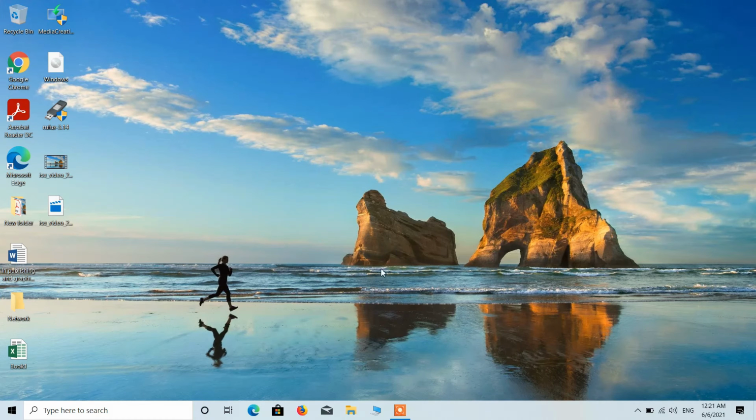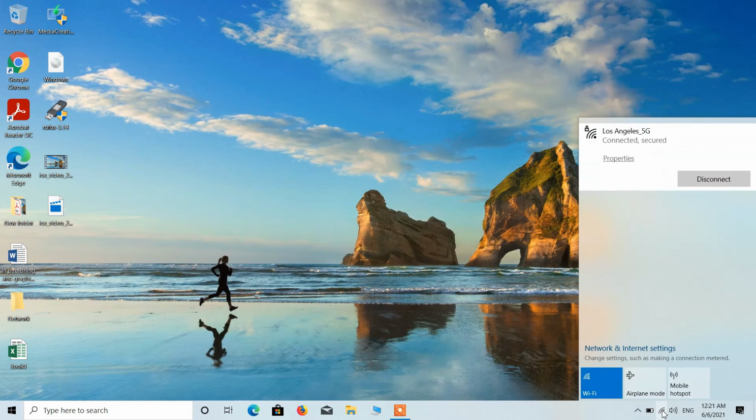If this method also didn't work for you, then just click on the Wi-Fi icon or the network icon in the taskbar and just make sure that airplane mode is turned off, like it is now.